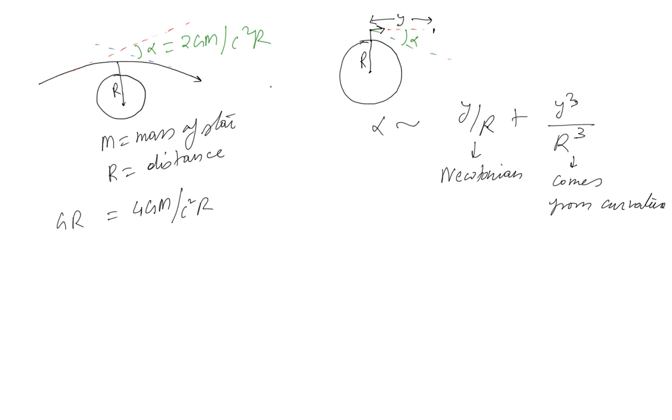Now if you really integrate it from the beginning to the end, this term is going to give you 2GM over c square r, and this term is going to give you another 2GM over c square r. So this is just mostly hand waving. I'm not really giving you anything quantitative, just to give you an idea. The curvature is actually a second order effect in space. We'll talk more in the